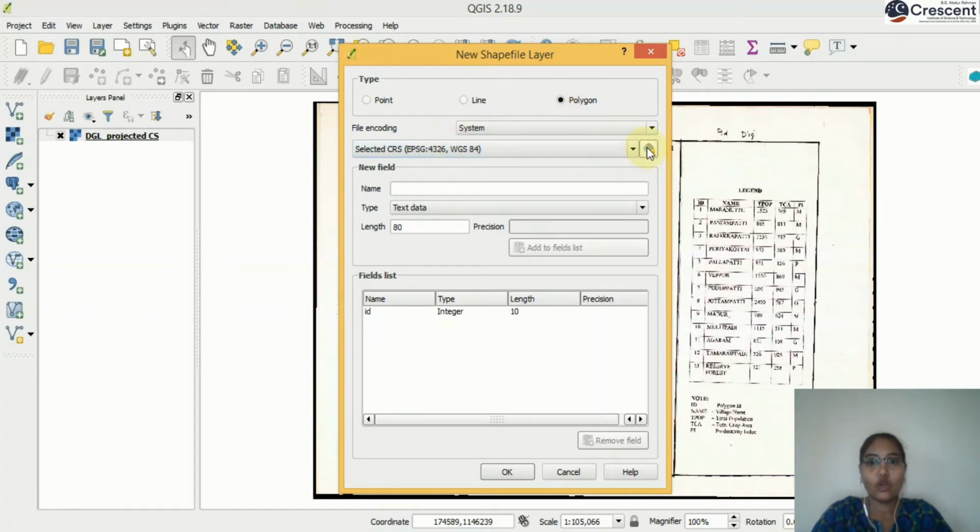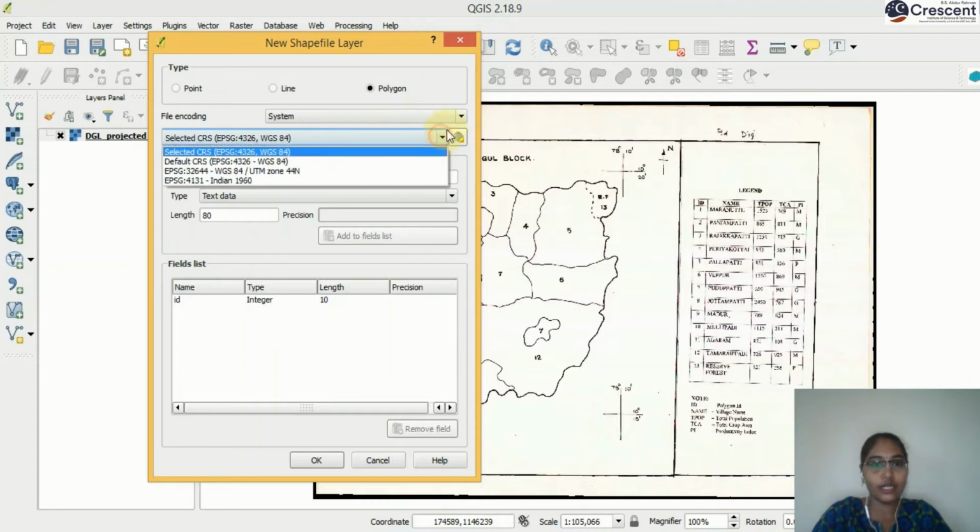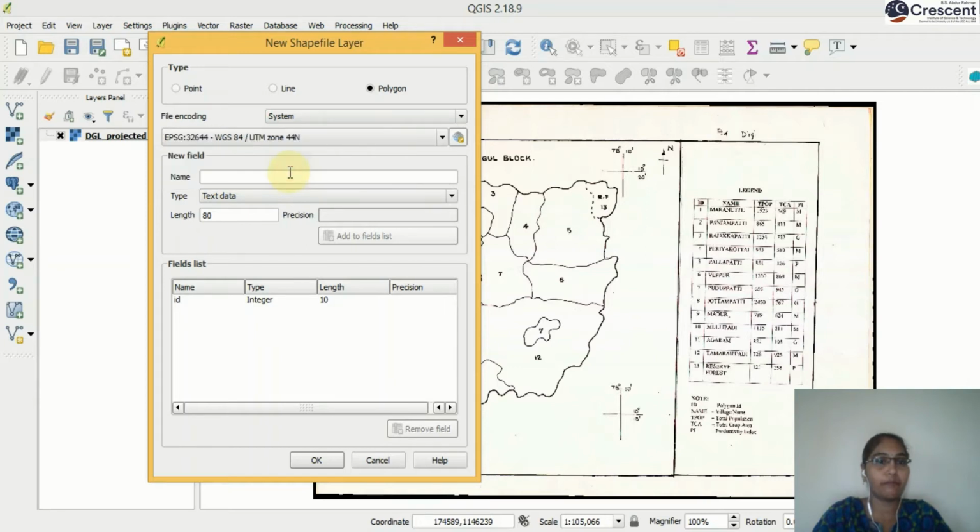For the coordinate system, this scanned JPEG image is in projected coordinate system UTM 44N, so give the same projected coordinate system to your shapefile: WGS 84 UTM zone 44N. Click OK.